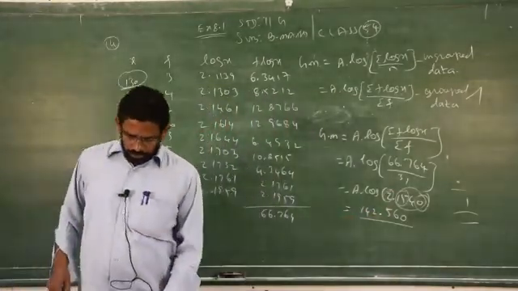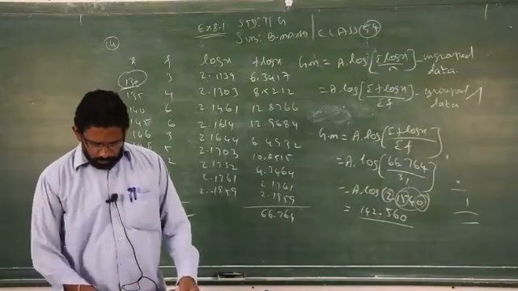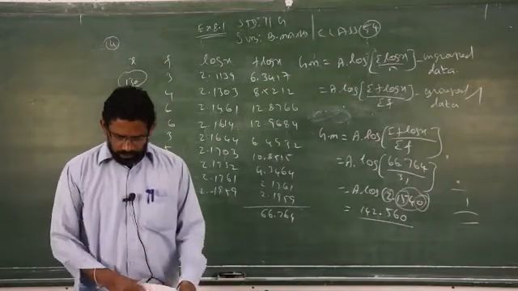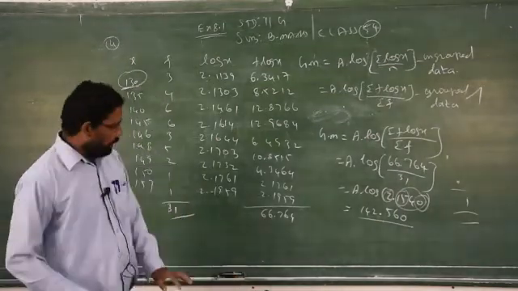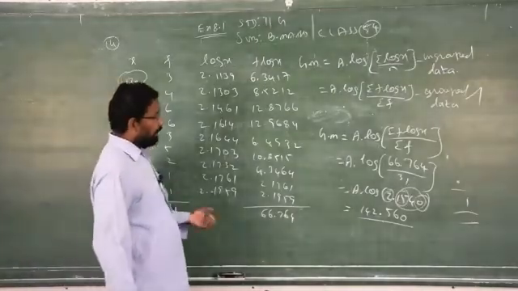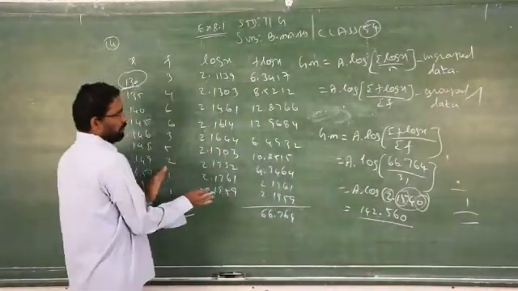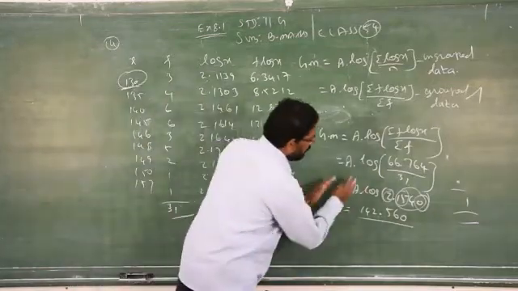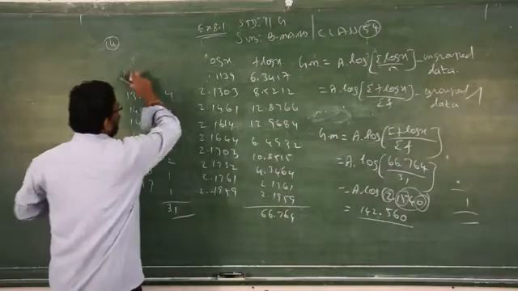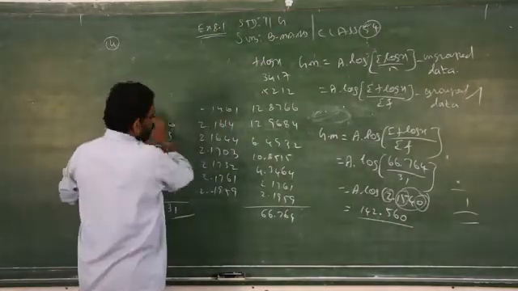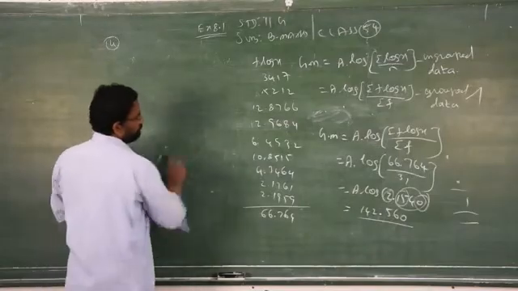Clear? So this is the way of finding logarithm. If you have any doubt, please call me over the phone, I will help. Because this is in YouTube classes, we cannot teach properly how to find logarithm. Clear? So you have to try. Just now I said how to find logarithm and anti-logarithm. If there is any doubt in this anti-logarithm, please call me over the phone. I will teach. Clear? That's all. The problem is over. Now we will go to sum number